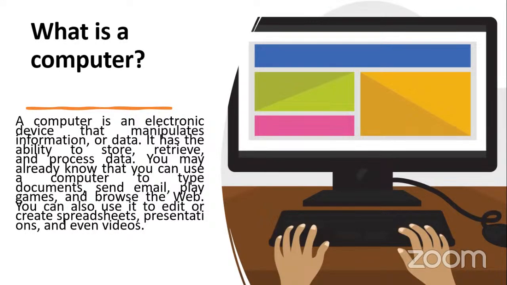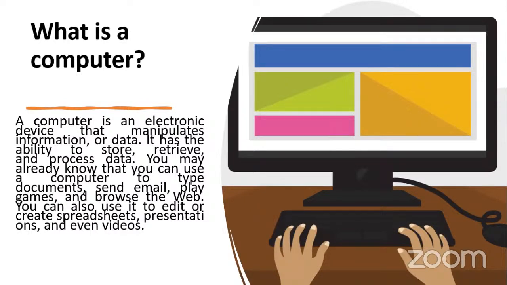Wonderful. I'm seeing so many hands now. Okay, Lucky, go ahead. Lucky, can you hear me? Yeah, I'm hearing you now. Okay, go ahead, sir. A computer is an electronic device that receives input from a user, manipulates and processes that input to give a desired output. Thank you very much. That is beautiful.